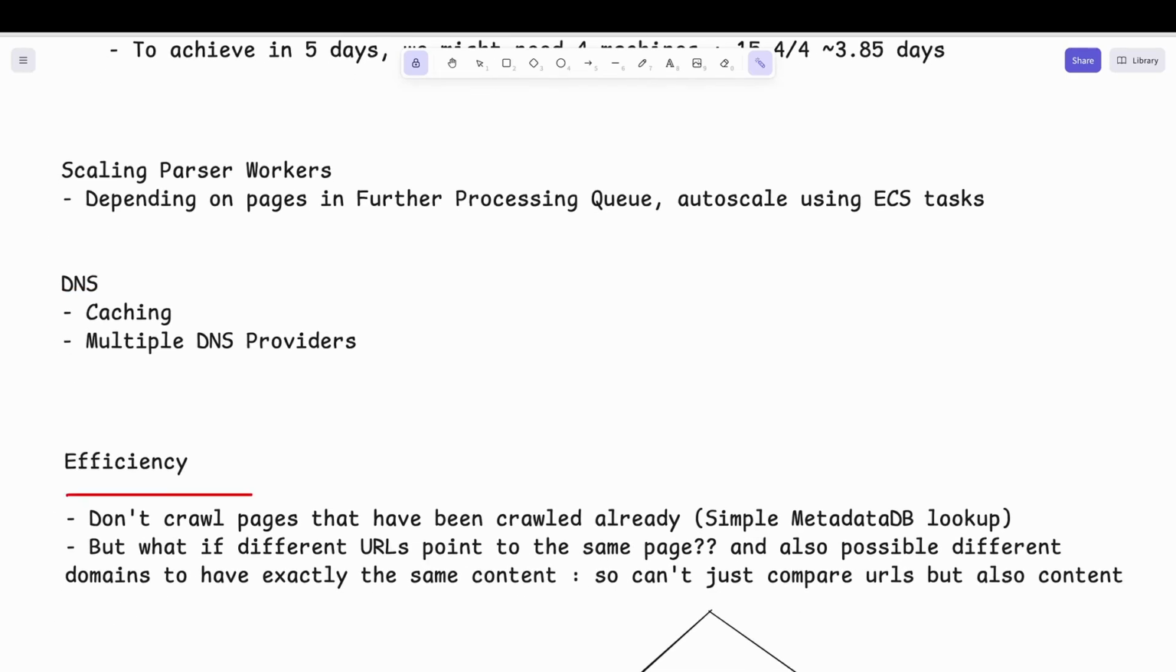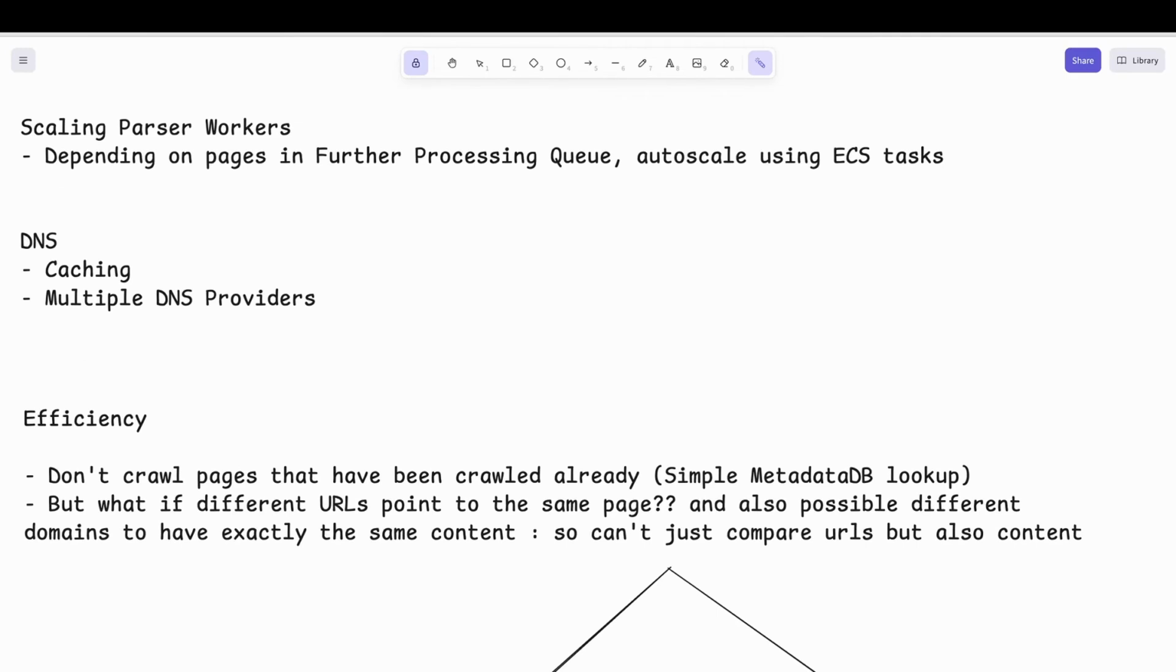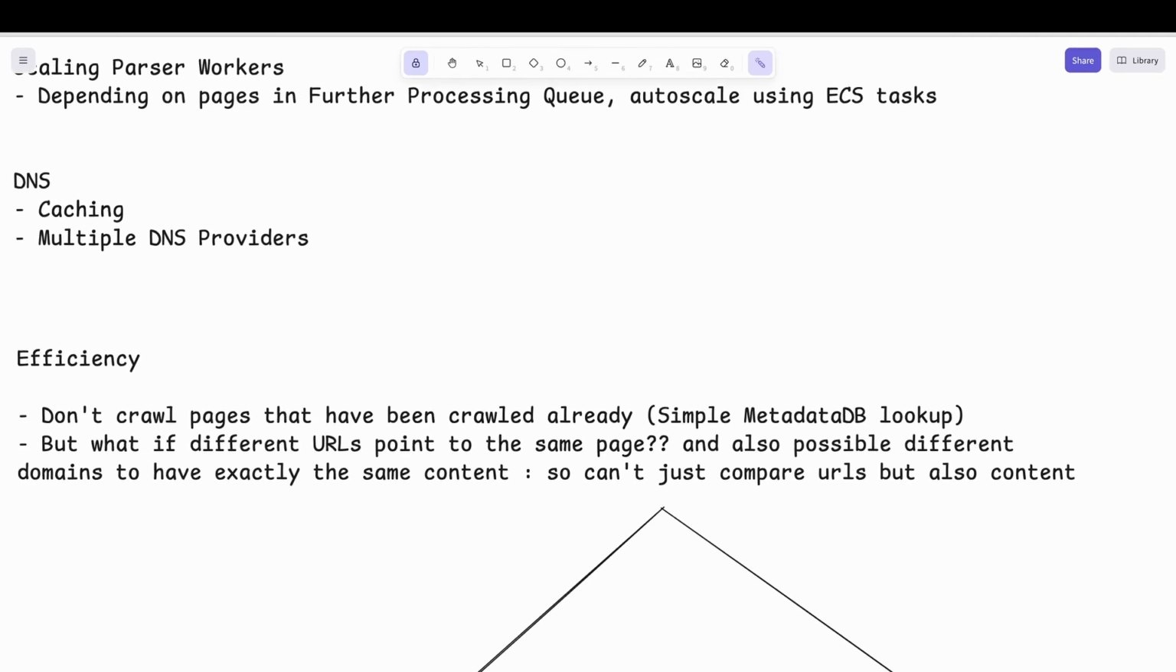So efficiency wise, the first thing is we should make sure that we don't crawl pages that have been crawled already. So how can we do this? Maybe a simple metadata lookup. Before trying to crawl, we'll just have a look in our metadata, see if we have crawled that before. If yes, we will not crawl it again. If no, we will proceed with whatever logic that we have. But